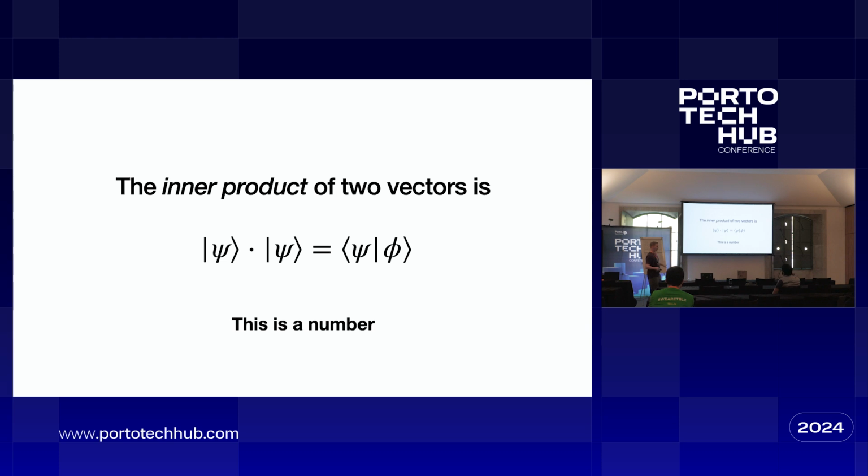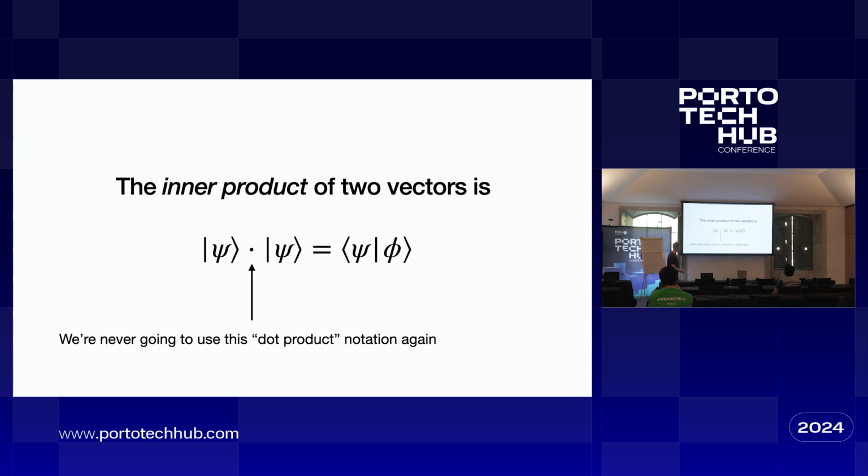We haven't done anything here, okay? That means exactly the same thing as this here, okay? It means exactly the same thing as the dot. That's all it means, all right? Inner product. It's a number. We're never going to use that notation ever again, and we're never going to see it ever again. You will never see it in quantum.